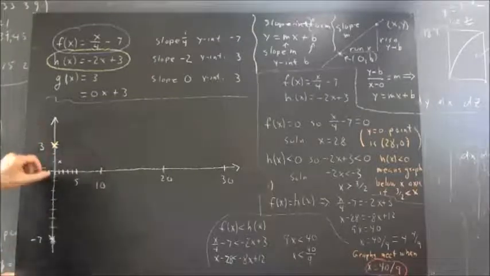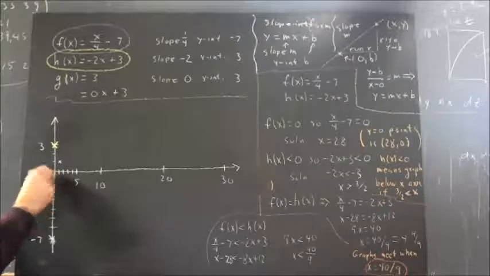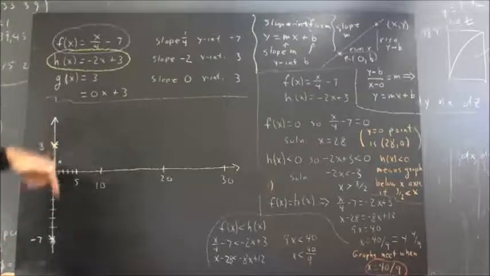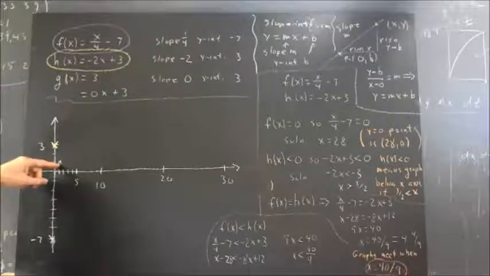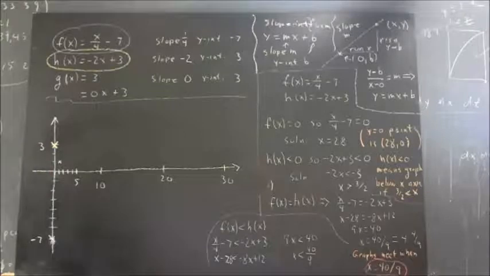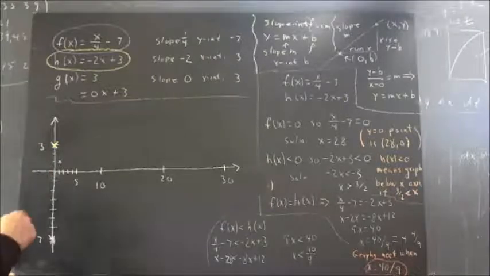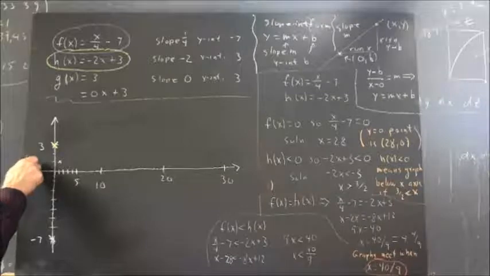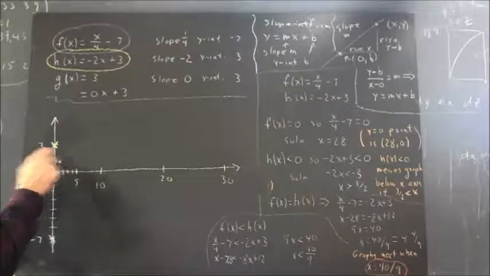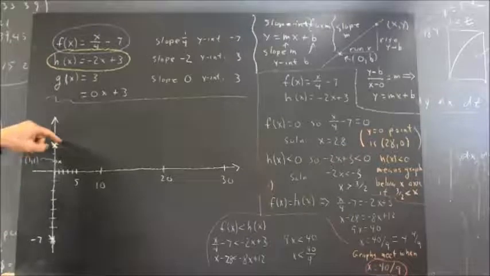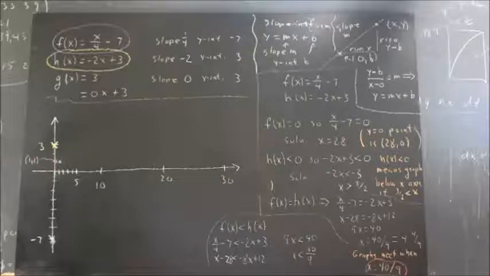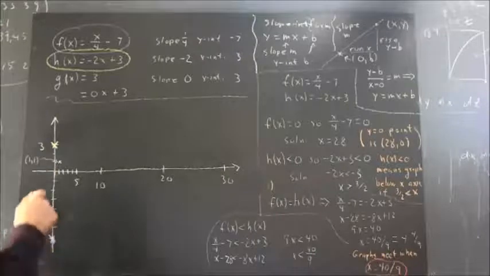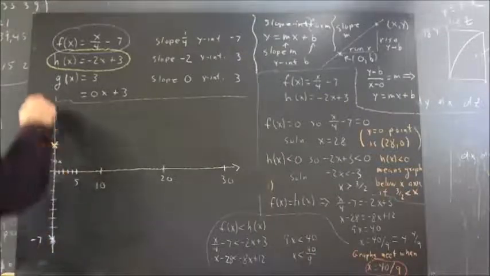Remember, the x unit that we go over is smaller on this scale than the y unit, so it actually looks like we're going down a lot more than we are. But right here would be a point. And what would the coordinates of that point be? Well, somebody told me pretty quickly in class that the coordinates of that point would be 1, 1. Because if we start at 0 and go over 1, that gives us an x-coordinate of 1. If we start at 3 and go down 2, that gives us a y-coordinate of 1. Okay, so we have our point on the graph, and we have this point, so we can draw a line